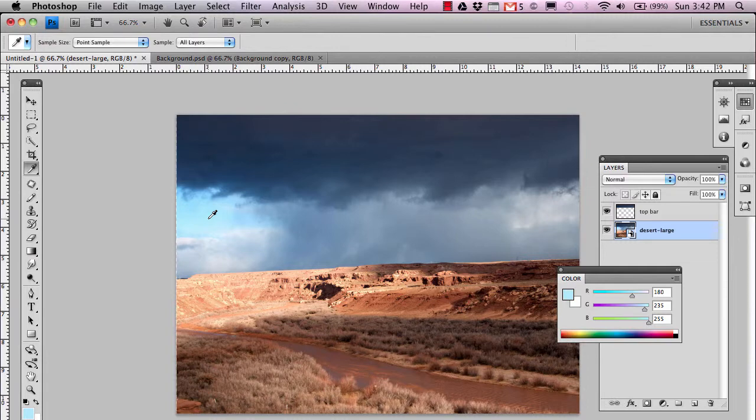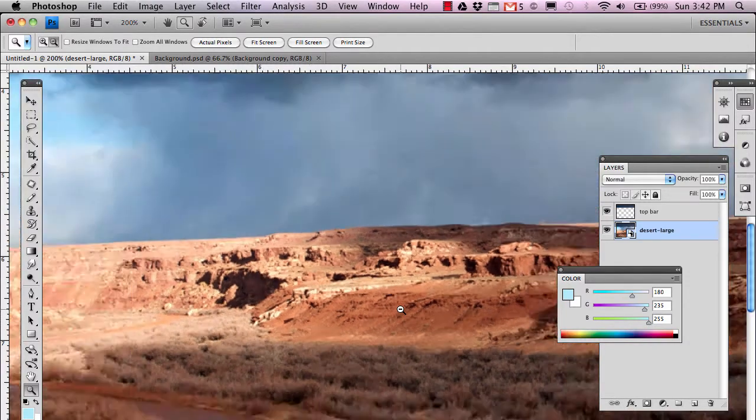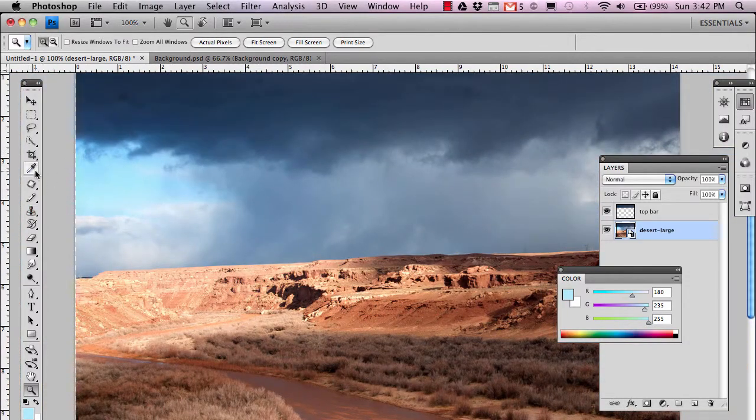So what we're going to do is come down here, and let's look at this area right here. Let's zoom in on that just for a second. And as you can see, it's kind of that dark orange color that we're looking for. So we're going to use the eyedropper tool, and we're going to quote-unquote soak up some of that dark orange area. And as you can see,